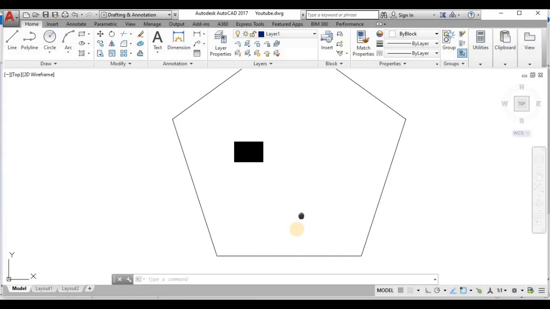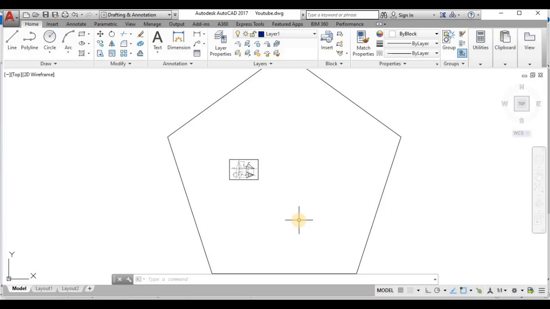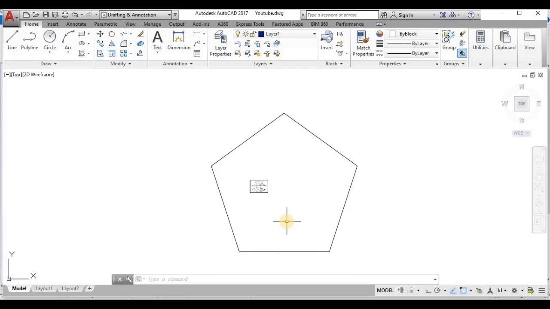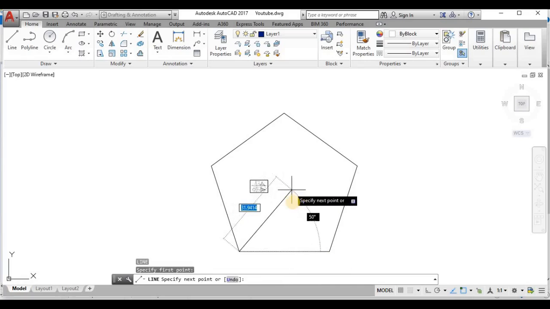Okay, so this drawing is in a very small condition. So here it is a pentagon, and it has the radius of 30 mm. Now I shall draw the lines to find the center.